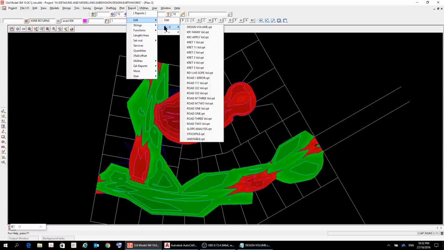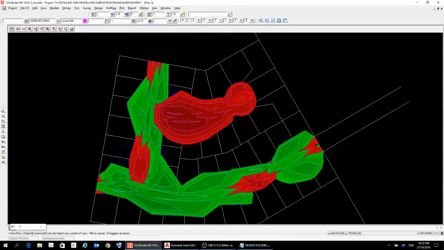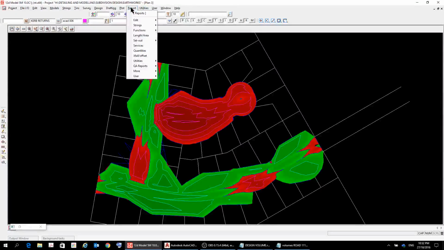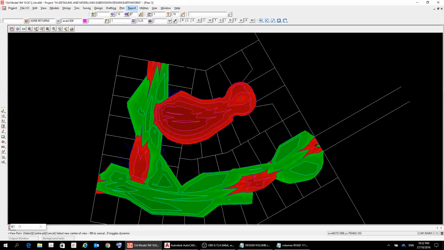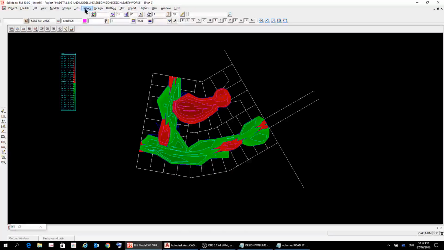Have I got the volume? No, volumes. I don't know what these different road volumes reports are. I should be able to look at those reports at some point. But we can have a look at that. Oh, no, there's the